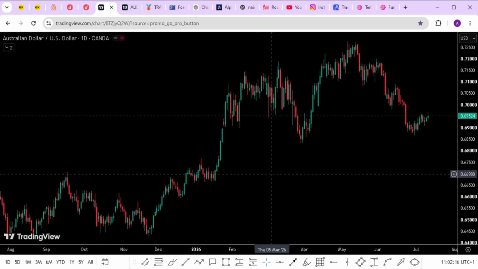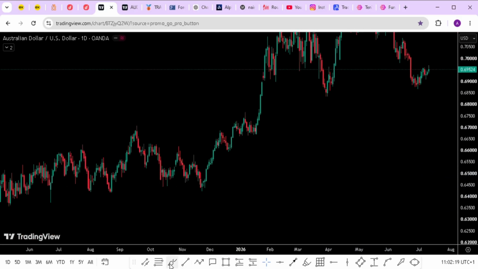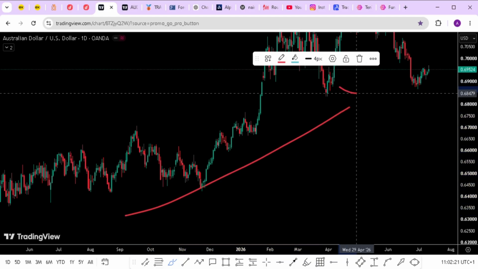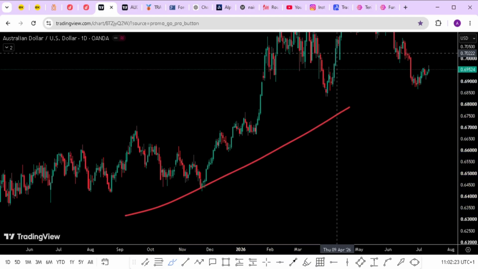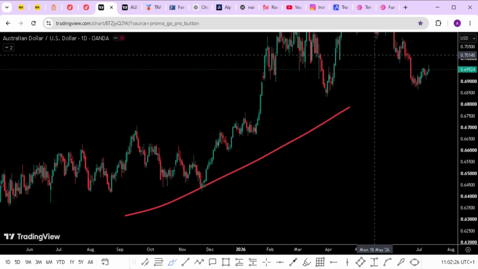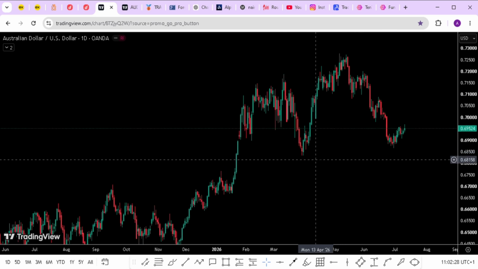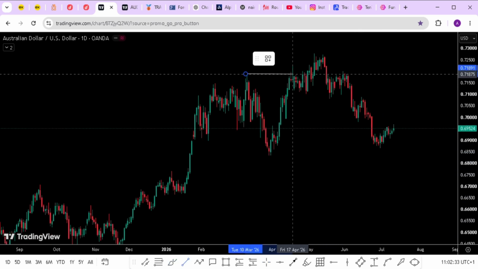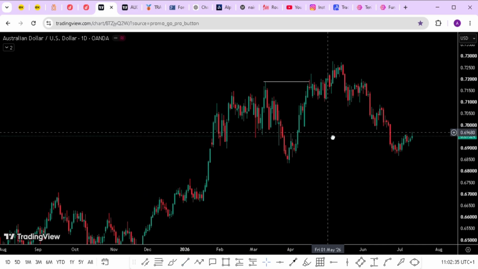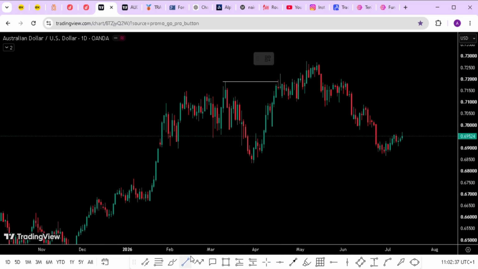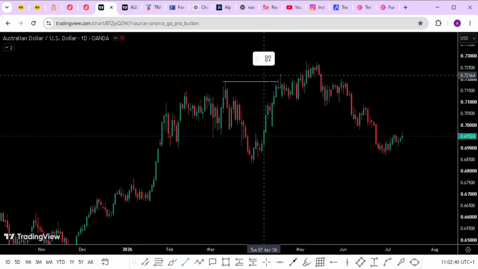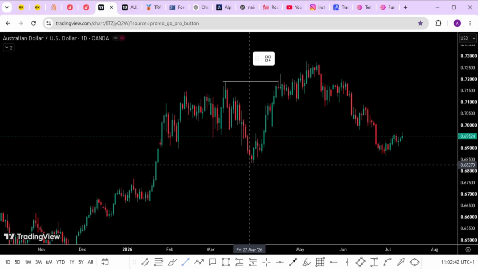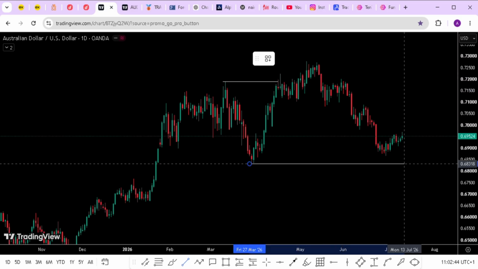Where is the last structure? Where is the market going? By looking at it, you can see that we are on uptrend, and the market is going to the upside. So what are we going to look out for? Just look out for the last break of structure that the market did, which is this. This is the last break of structure that the market did, and after that we have to look for our inducement. So after this break of structure, we look for our low, which is this.